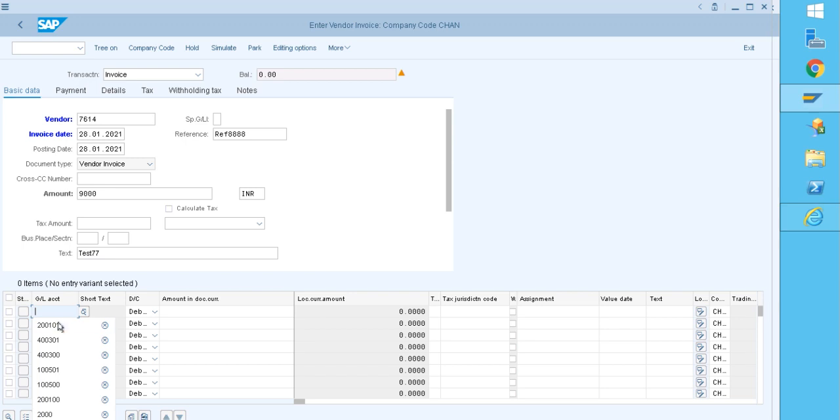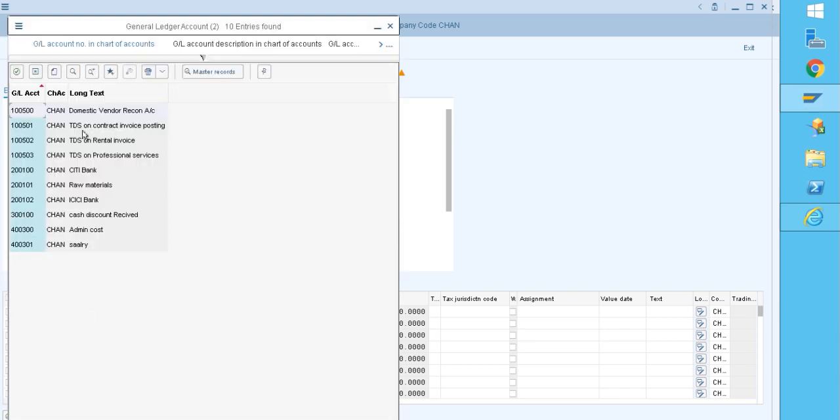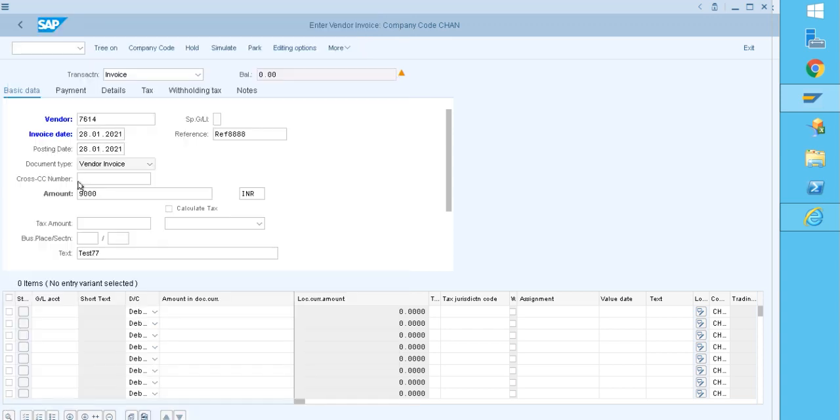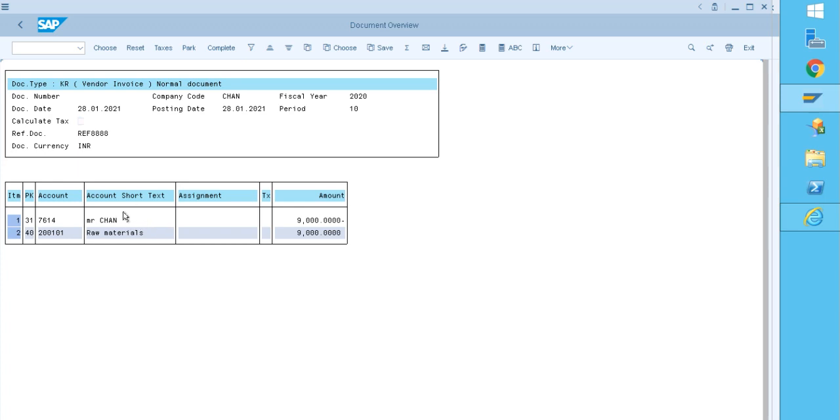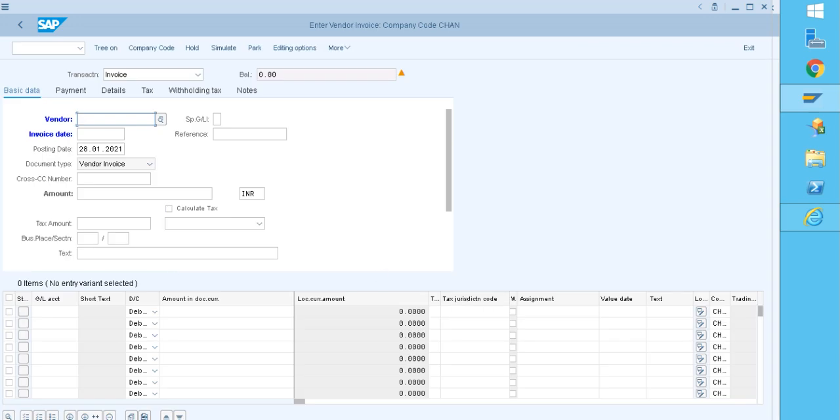Take the raw material GL account debited to the vendor, because I created very few GL accounts, and give the amount and text. Now simulate the document. The vendor account is credited and raw material is debited. Post it. It's posted right now.